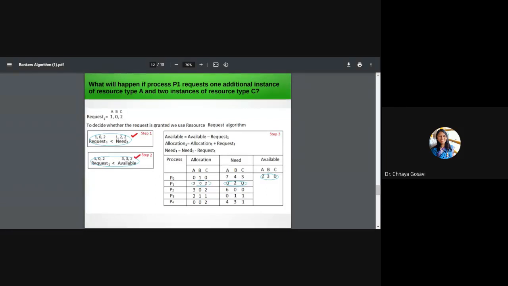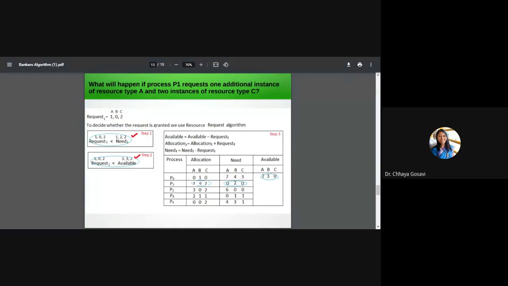So what is the new work? New work is the current work, that is 230, plus this allocation 302. So we have to add this allocation to work.